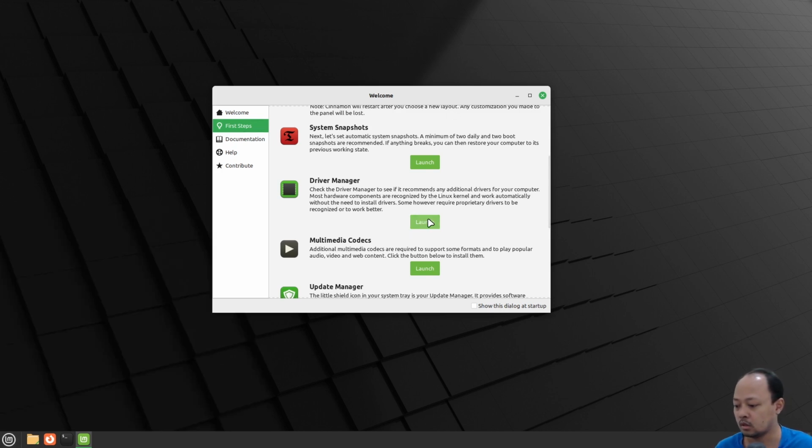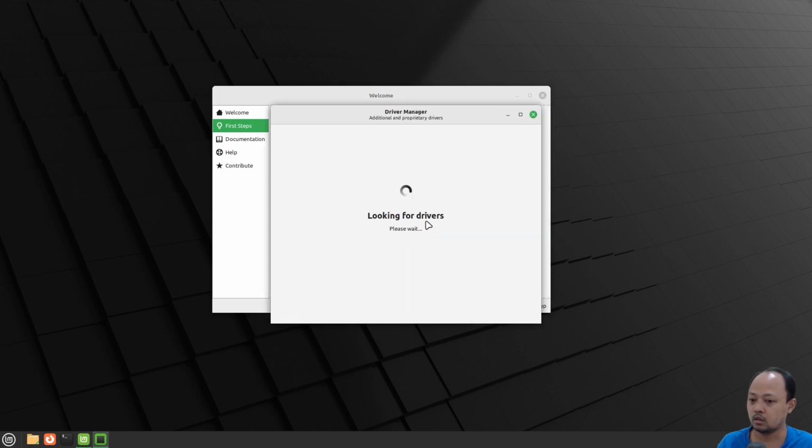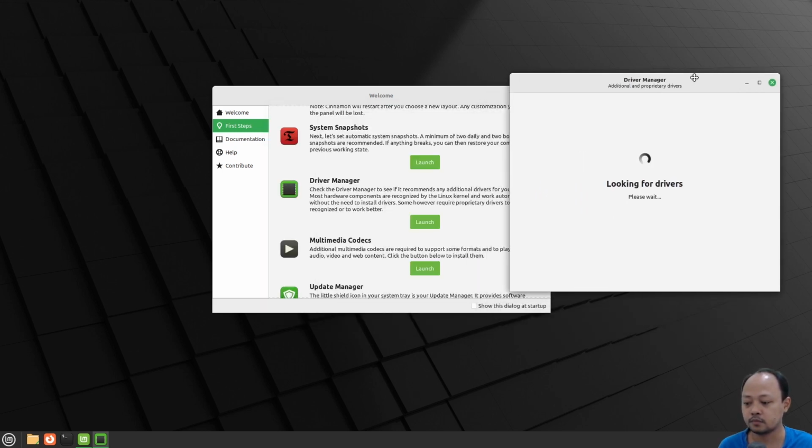If we click this launch button, Linux Mint will automatically find the updated driver for our hardware. But since I install Linux Mint on the VM, I think it's not necessary to install anything.